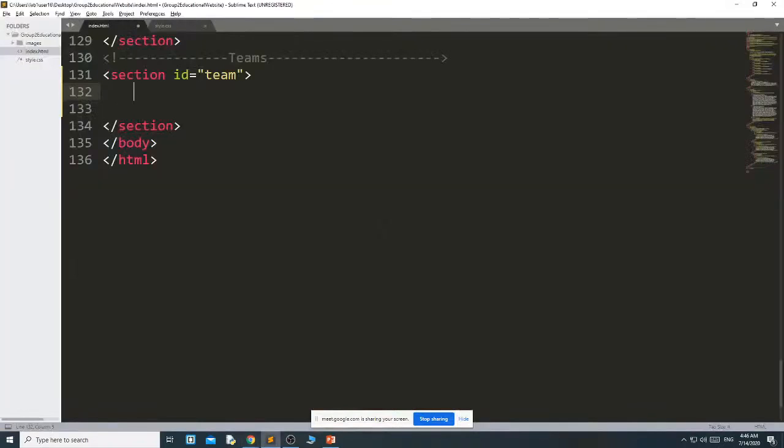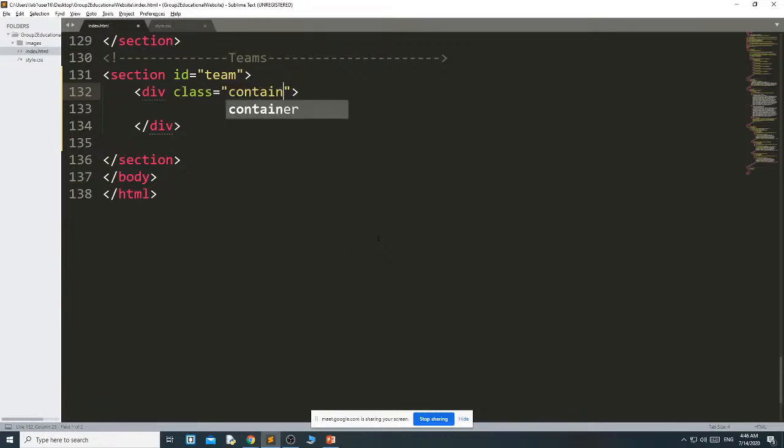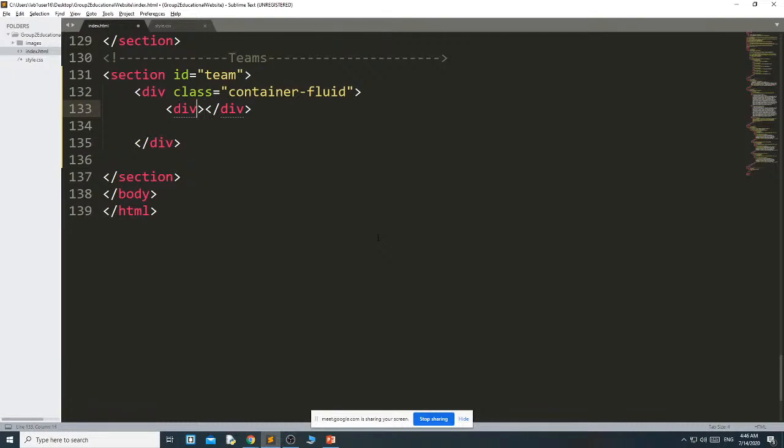Okay, div, class container-fluid, inside that div, class row.